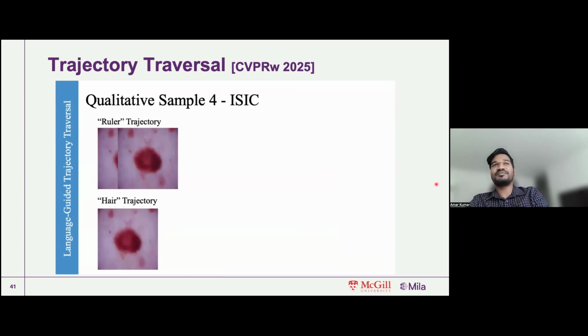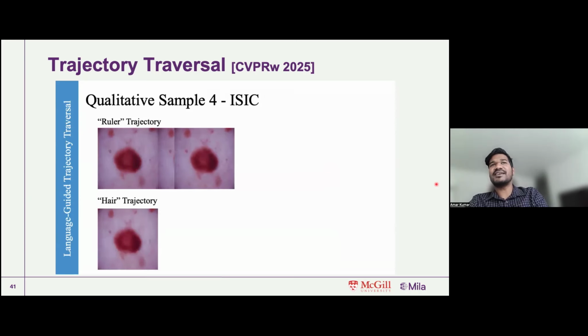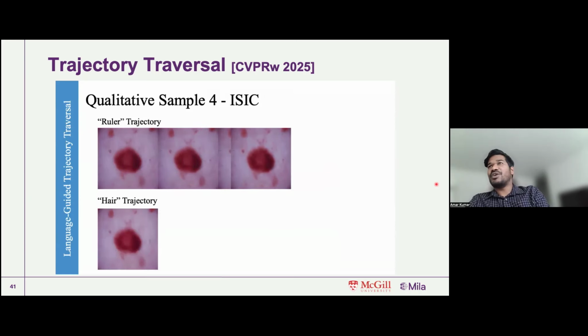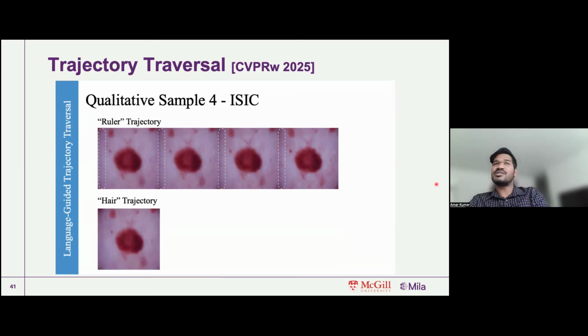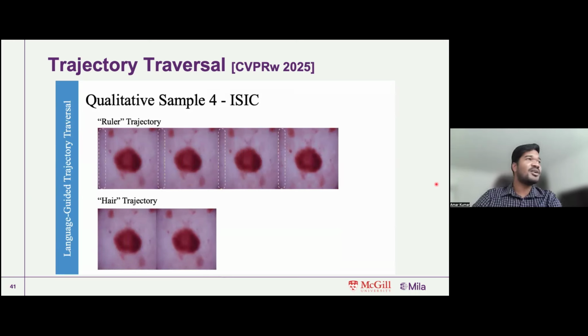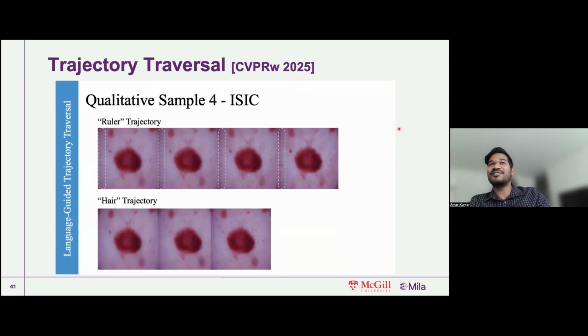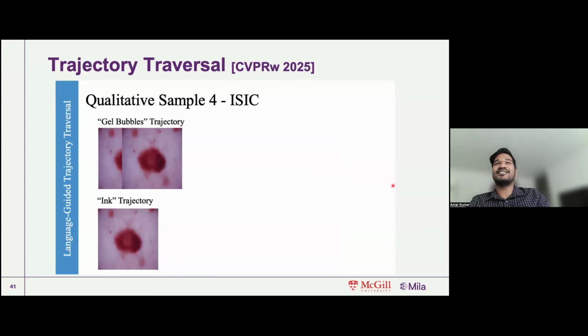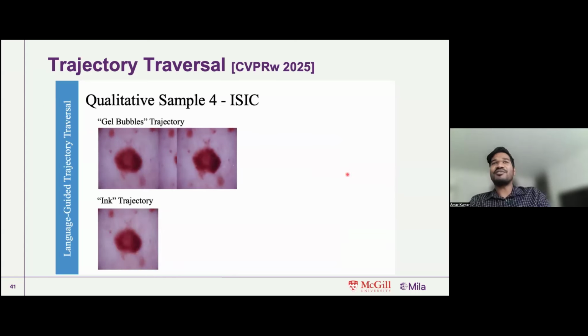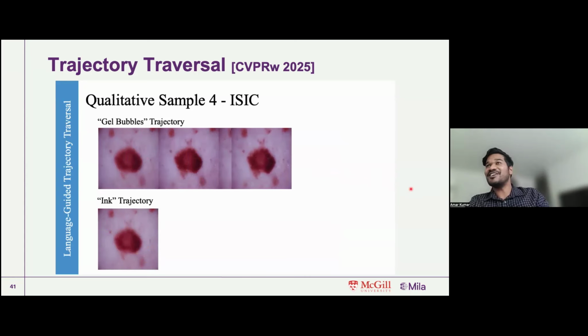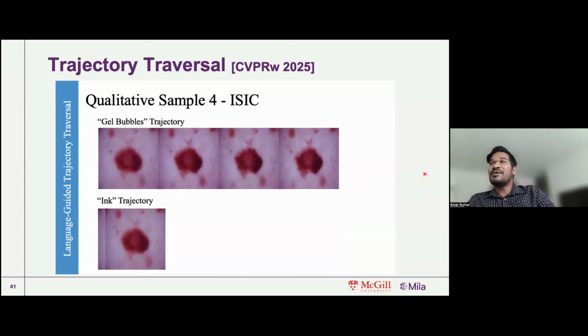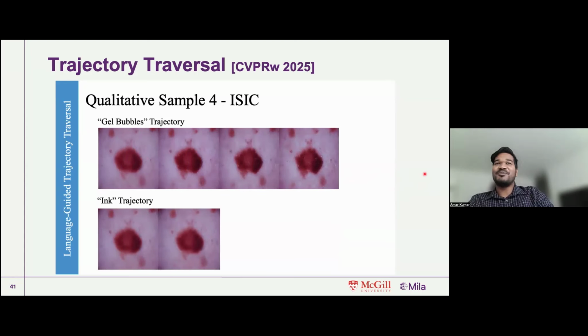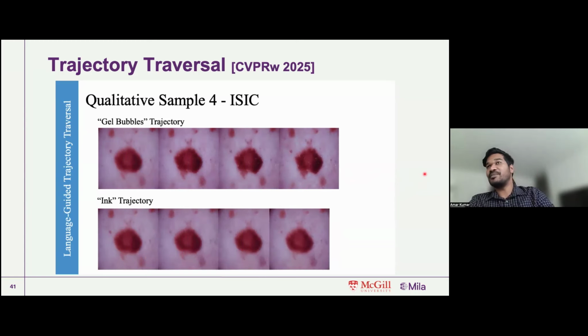And to again refer to the fact that these latent points are from a curve-fitted approach, we also showed it on ISIC and several other examples where we are able to control different attributes such as rulers, and it might not be very visible. I don't know if the resolution is good enough, but once I share the slide, you can see that the level of control that you observe over here is phenomenal in case of several of these attributes. The video is slightly long. It shows a multitude of different attributes that you can control using this kind of approach.